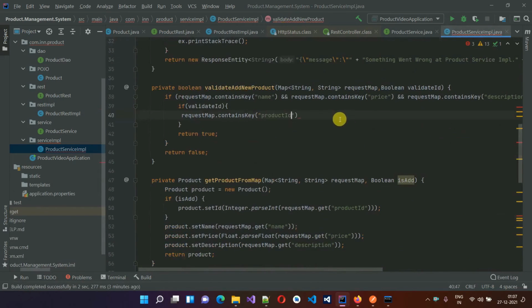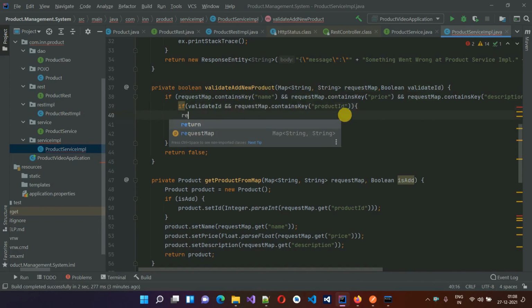If this contains this request map, just cut it, and we can actually move inside this one, and because request map contains key this, then return true,